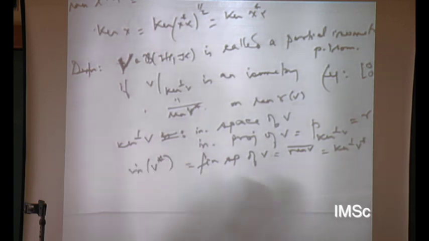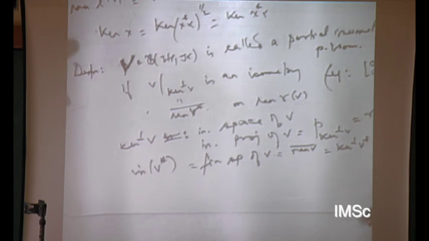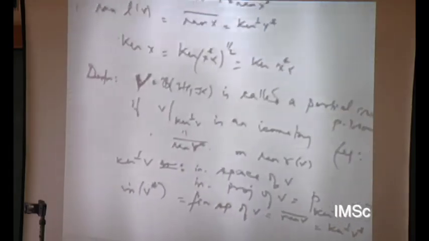The initial and final spaces for V and V star get toggled. If V is an isometry, then its adjoint is an inverse from its range to its domain. If V is a partial isometry, its adjoint will be a partial isometry which serves as an inverse from the final space of V to the initial space of V. Okay, so all these are fairly straightforward. So now let me come to